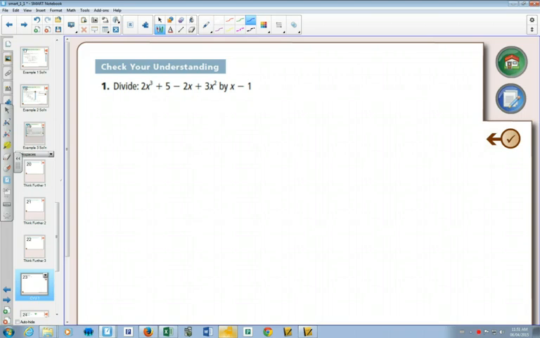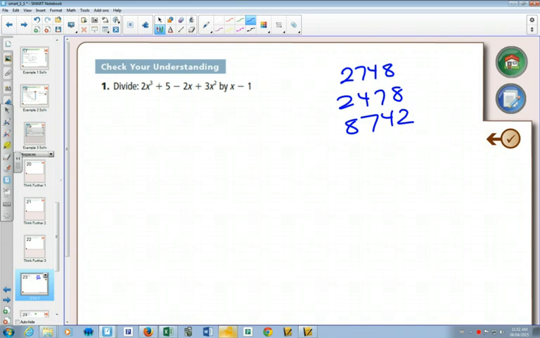So what we're going to have in this one, with regular numbers when you're doing long division, remember that first one, was it 2,748? Does it make a difference if I switch the numbers around? Are those different numbers? Yes, they are, so you would get a totally different answer. If you remember the digits but didn't remember what order they were in, you'd probably get the wrong answer. The same thing happens with polynomials, although you're allowed to write polynomials in whatever order you want,